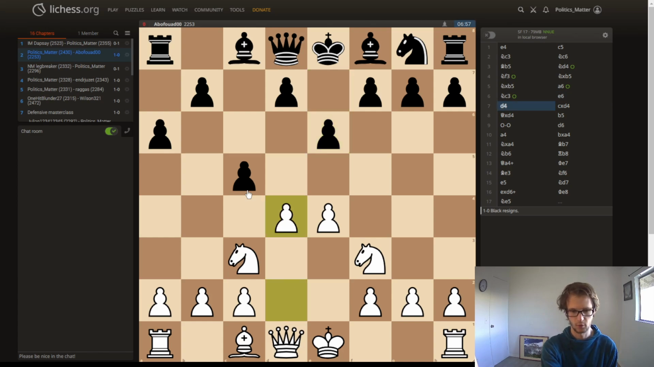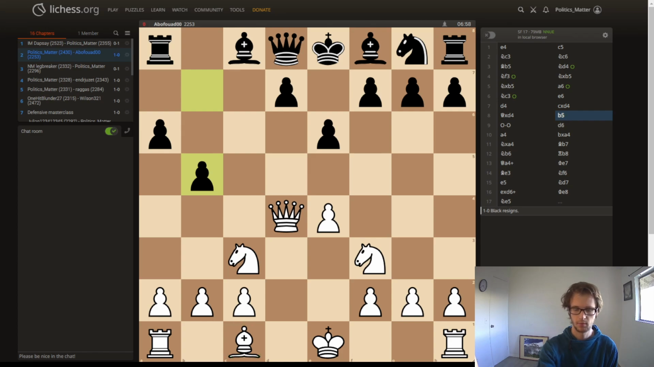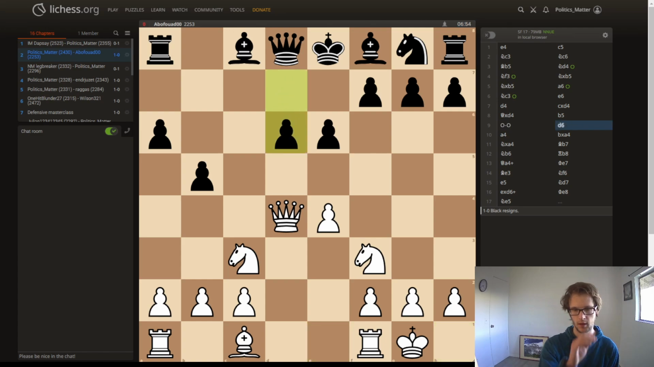So we're going forward. We always want to default to going forward. And here, we could develop this bishop. Let's just castle the king. Let's be safe. And we want to default to active moves, right? So active moves